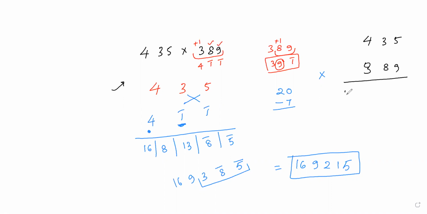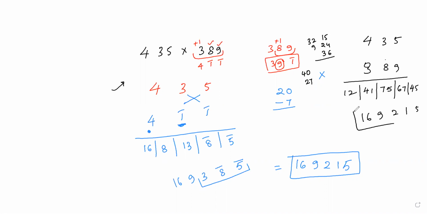Yeah. So 12, 9 plus 32, that is 41. Next 15, 24, 36 it is, not 30, it is 36. So 5, 7. Okay, the next step will be 40 and 27, that is 67 and the 45. So 5, 71. Okay, if you 2 moves, 2, 8 moves, 9, 16. So this is the answer.